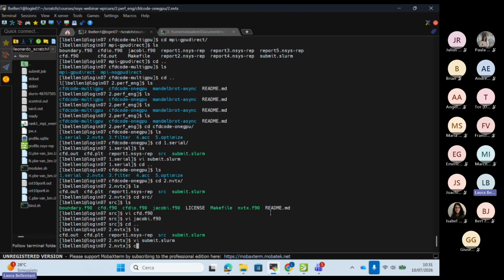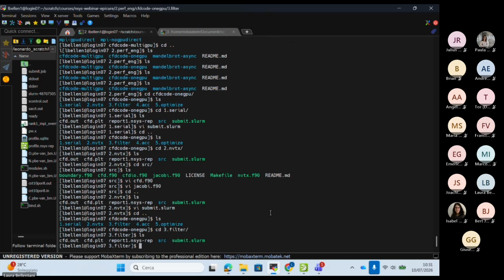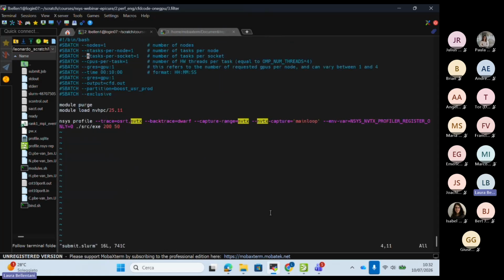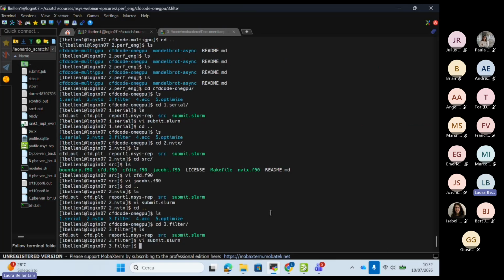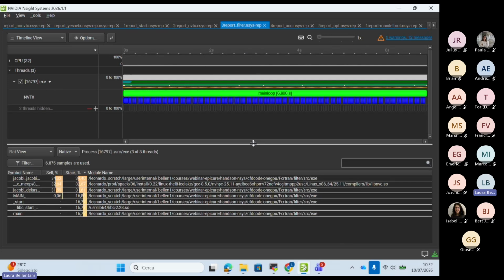To do that, you just need to change the command line for the profiler by specifying a profiler capture range NVTX and NVTX capture main loop, which is the range that I want to measure. You submit your job, you get the report, you open the report again, and that's it.